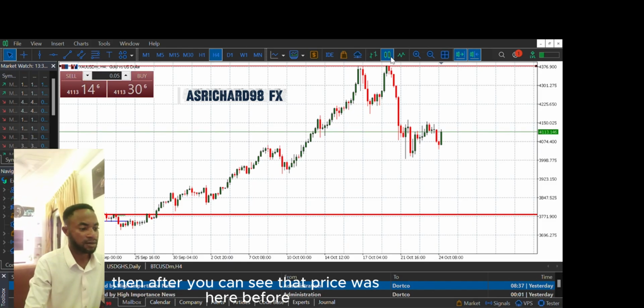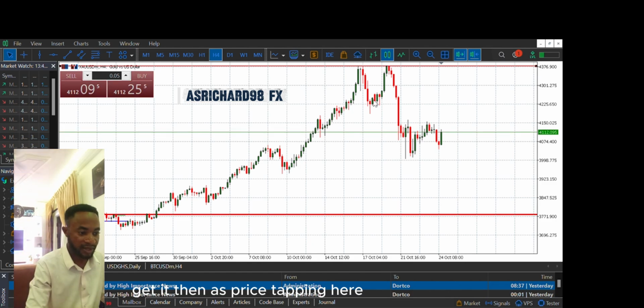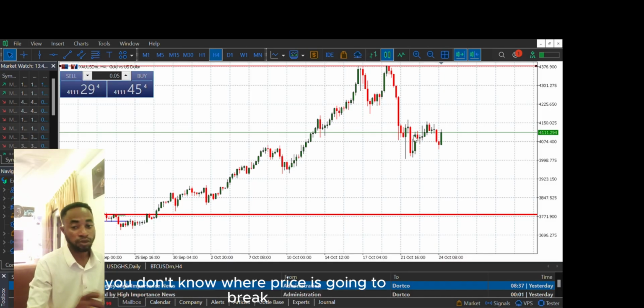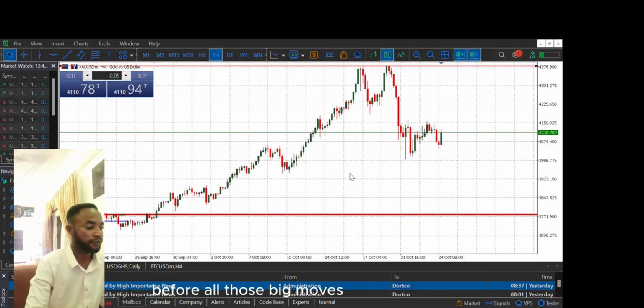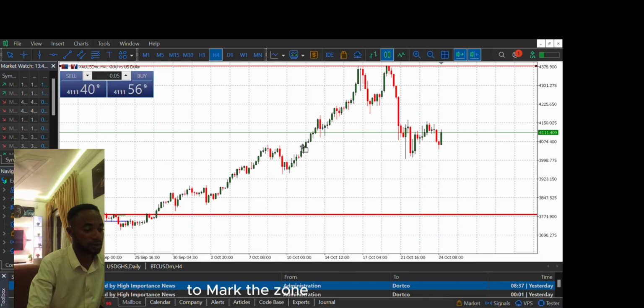Then after, you can see that price was here before rising up to tap the zone. Get it? Then as price tapped in here, this became a resistance, a double top. Price tapped in here, coming down. You don't know where price is going to break, so you just mark the smallest candle before all those big moves. So that is where I go here, take my shape tool to mark the zone,